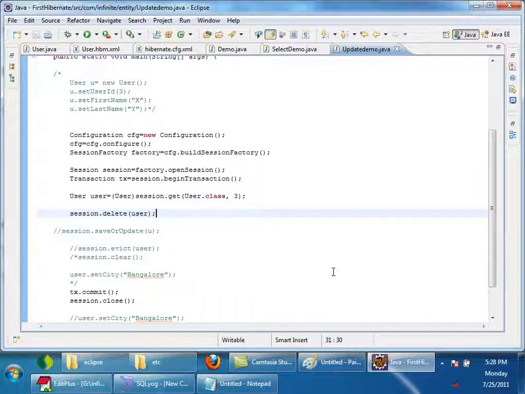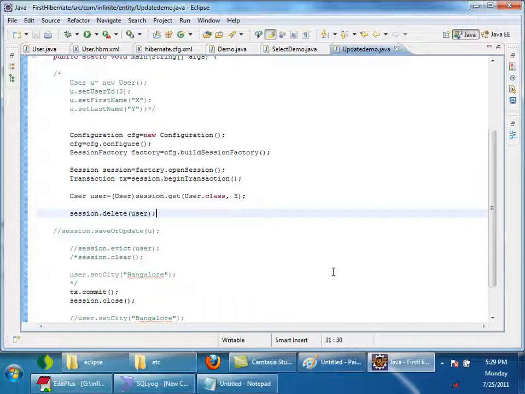Now it will try to fire insert queries for employees first, right? But there is a foreign key which is required, which will cause a foreign key constraint violation. Sometimes it cannot be null, but as it is postponing the query firing till the last, Hibernate will decide the best order in which to fire, so that it can avoid foreign key constraint violations, right? Okay, tomorrow you will get a very good idea about it, right?